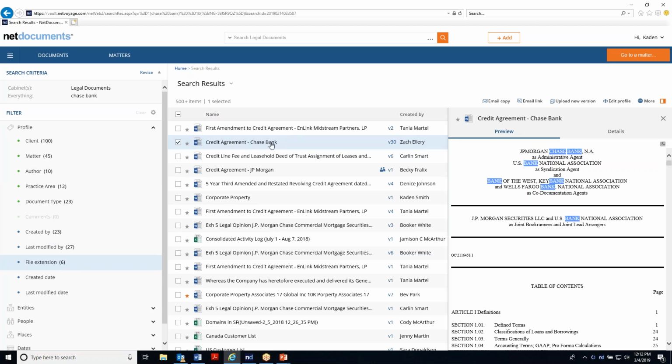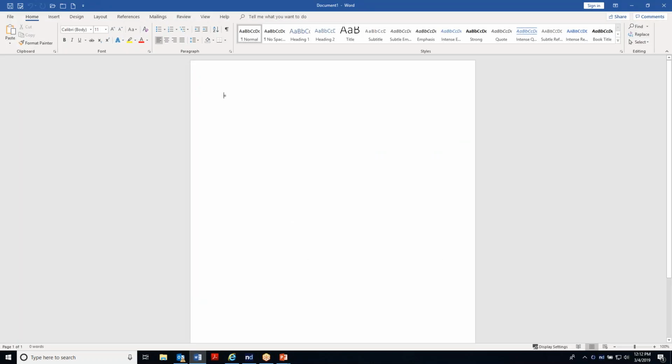It also has a built-in tool that makes all of your documents full text searchable, so even scans, PDFs, anything like that. Now we'll jump over quickly to Microsoft to see what it looks like to save a new document